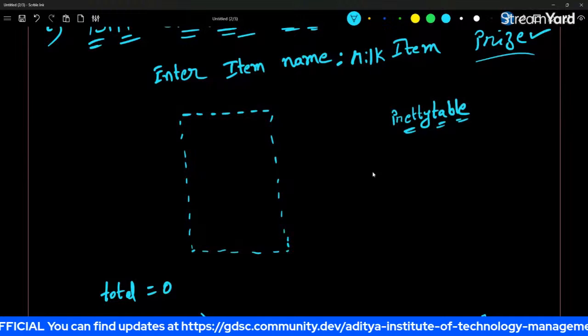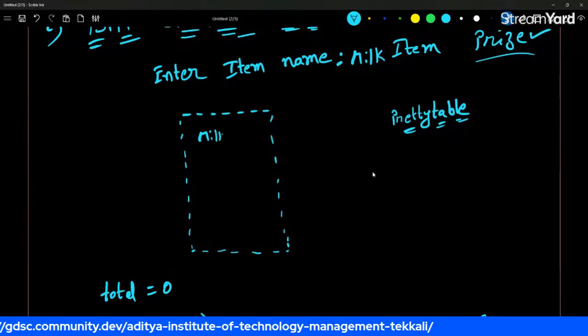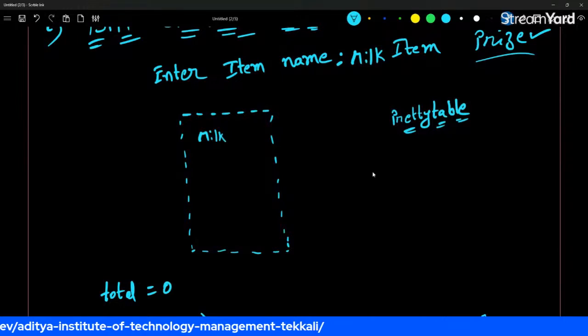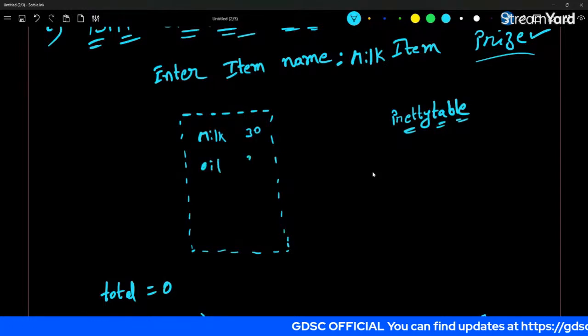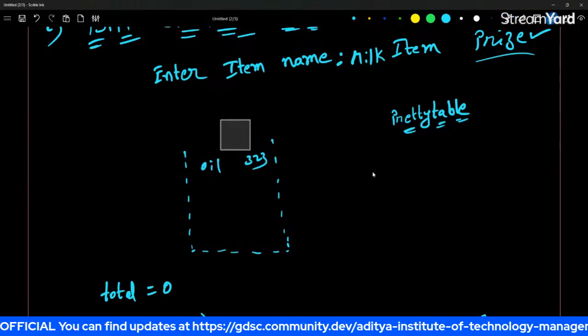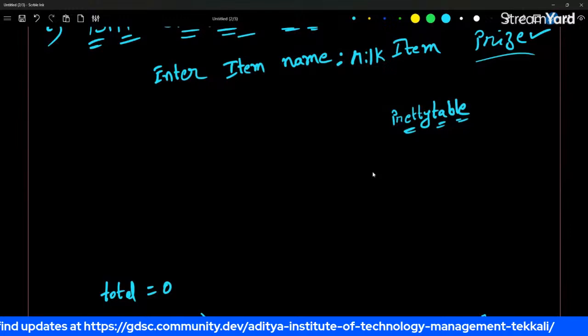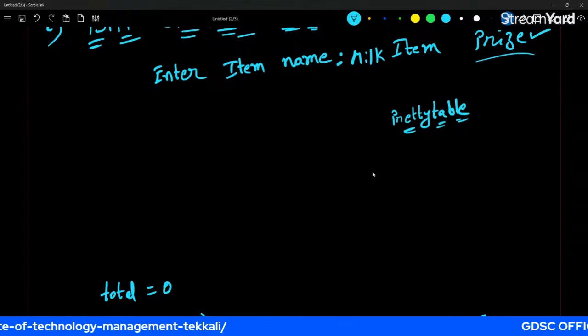So here our bill items have to be generated. That means milk, and what is the price of the milk? Something like 30. Oil 323. In such a way, it has to be shown in tabular form. So for that, we are going to use this prettytable module. From the prettytable module, we have to import a class. So here, what I'm writing is from